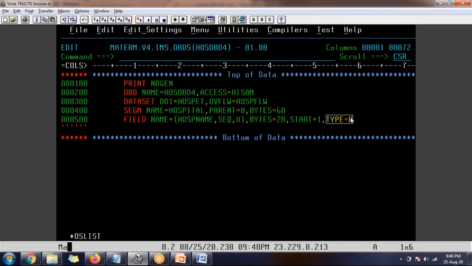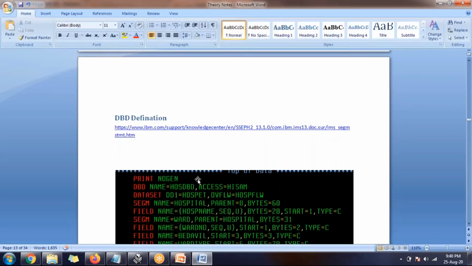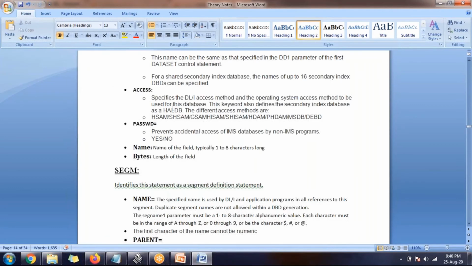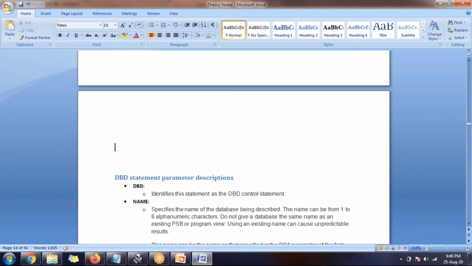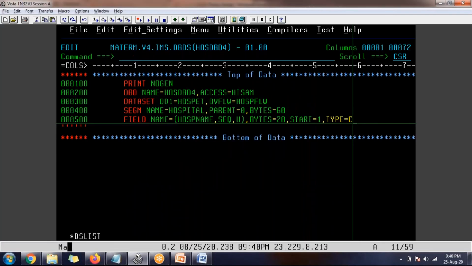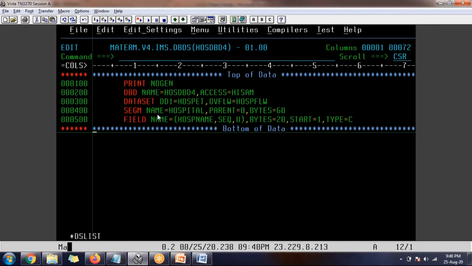We will discuss the data types also theoretically. I already kept everything in the Word document, but I don't want to go through the theory now. First I want to give an answer, then I will see the options of each field. So team, are you clear so far? Because the rest of the story is the same.